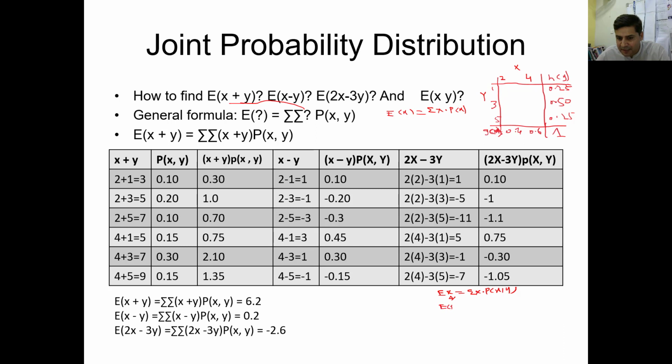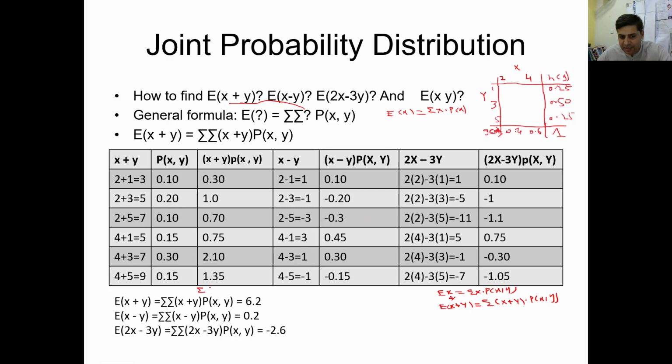Now this is E of X plus Y, so now this will become (x plus y) into their joint probabilities, which we have already calculated from this table. So now in the next column, what you will do? 3, because the sum of x plus 2y is 3, 3 multiplied by this 0.30, 2 plus 3 will be 5, 5 multiplied by this 1, 7 multiplied by this. So when you add this,